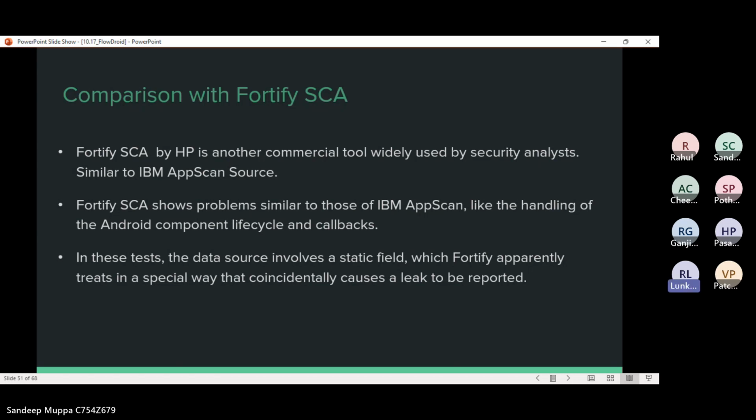The tests performed by this Fortify SCA involve static fields, which coincidentally cause a leak, and it will be reported. And this is actually developed by HP. If I have to say, it's a commercial tool used for security analysis.